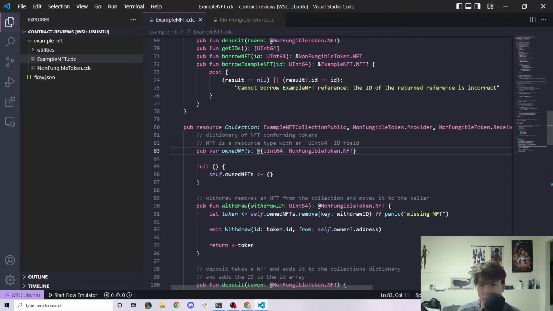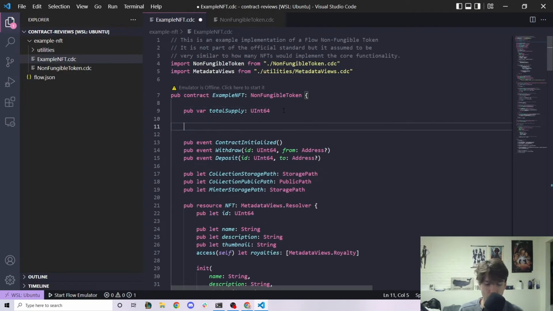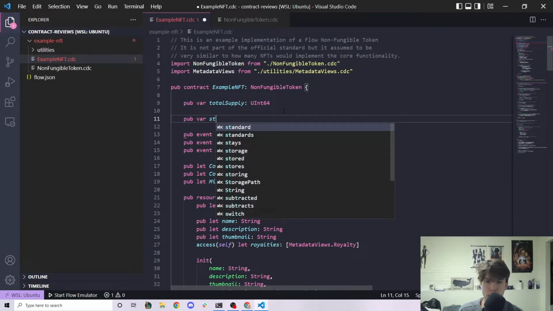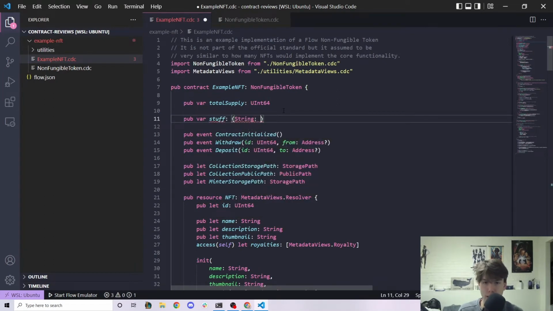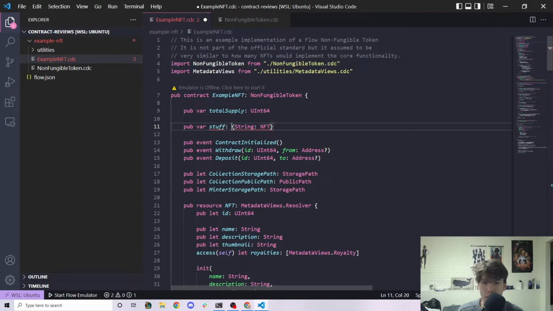I don't know how you say it, to be honest, in English. But there's an anti-pattern where you can actually withdraw from public fields if they're dictionaries and arrays. Now, this is pretty dangerous because, if you ever have a contract, if we were to go up here, for example, and I made a public variable stuff and just did like a string to NFT mapping, for example, this is really dangerous because, because it's public and it's a dictionary, anybody can actually withdraw from